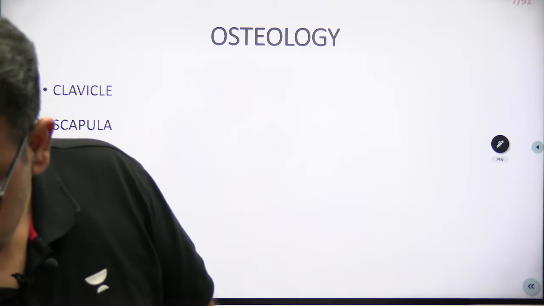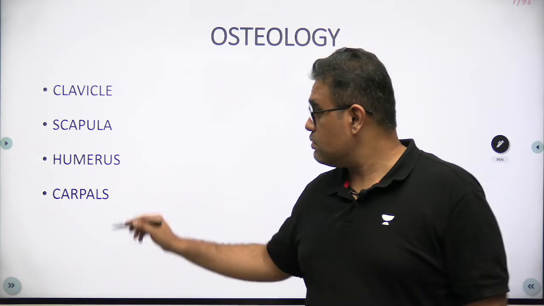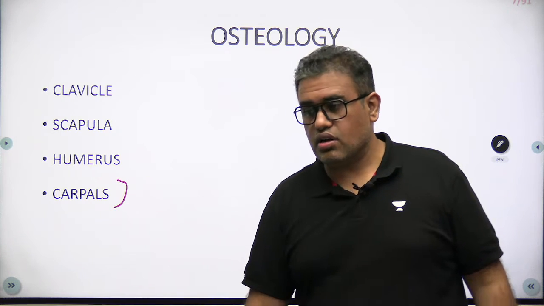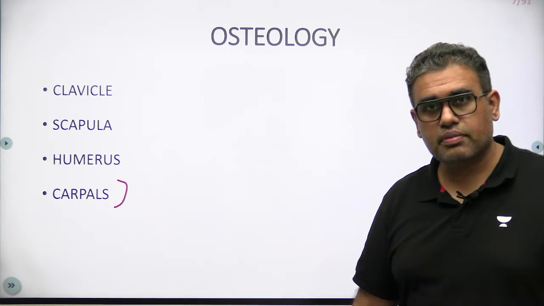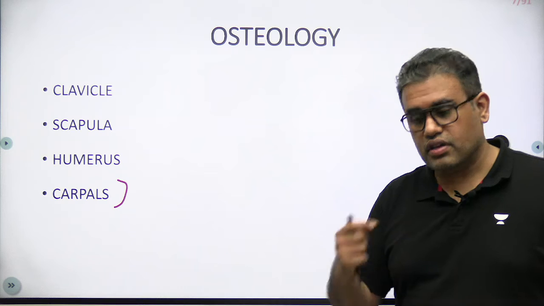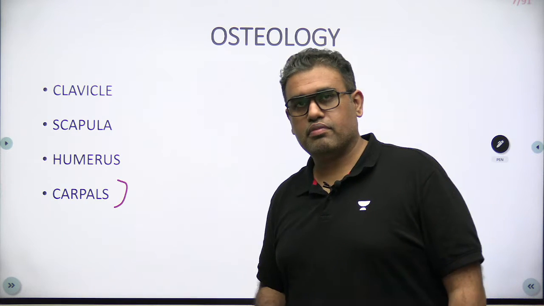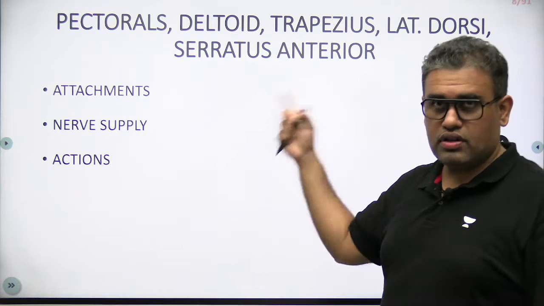Osteology, just a brief idea of the important bones: clavicle, scapula, humerus and carpals. Nowadays, a lot of things are asked about the age, forensic: which carpals start to fuse, when does it start to appear, which is the last one to fuse. Important. Right, then after going through the bones part,